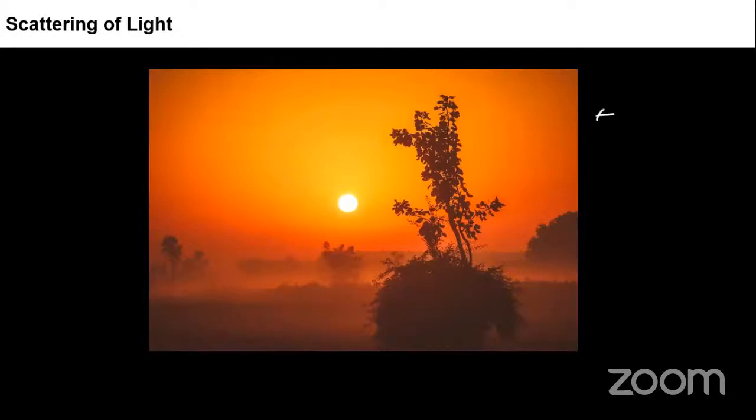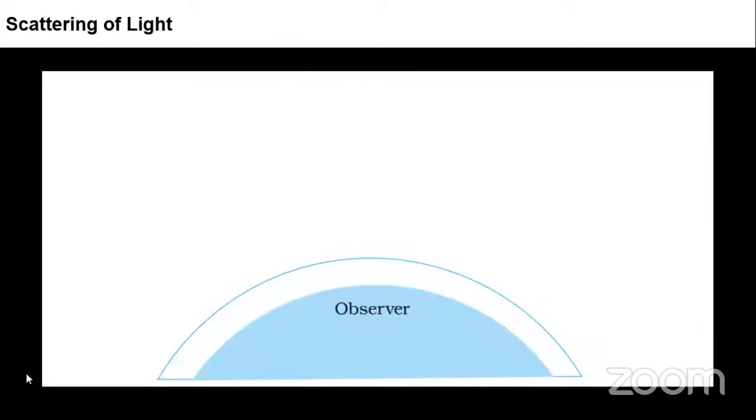See, okay, let us talk about this scene. This is something like sunset. Just focus here. You'll get both the concepts. At sunset, it's somewhat orangish and reddish color we are able to see around it. What's the reason? The reason is this. See, suppose this is we, the observer.